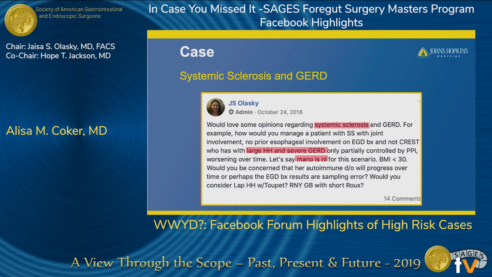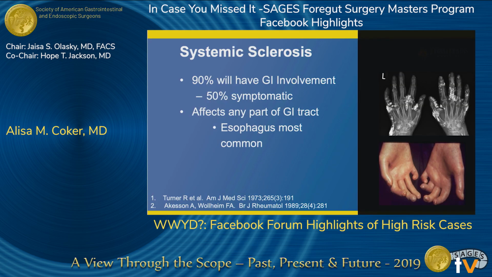So our first case is posted by one of our chairs today, Dr. Olasky. She posed more of a theoretical patient. How do you treat a patient with a hiatal hernia, GERD, and systemic sclerosis? Assume a normal manometry. As a brief review, systemic sclerosis or diffuse scleroderma is an autoimmune disorder of the connective